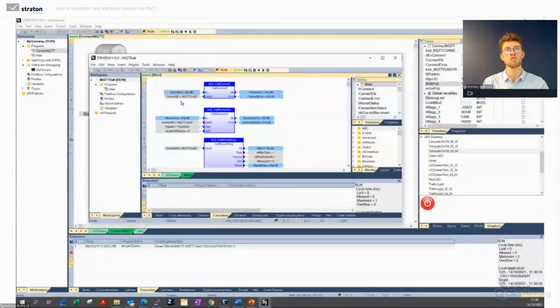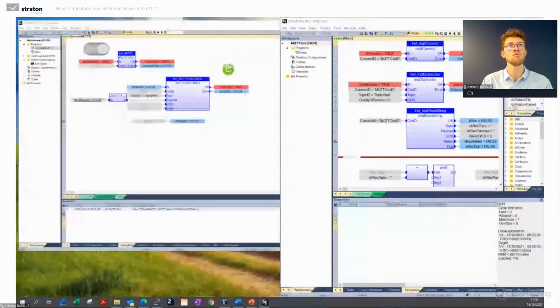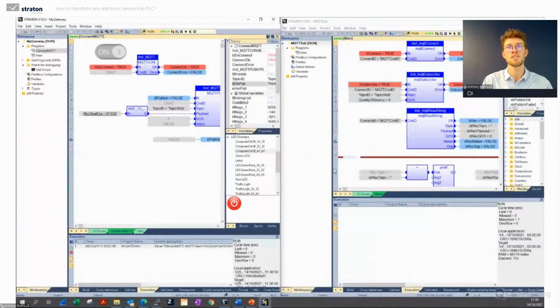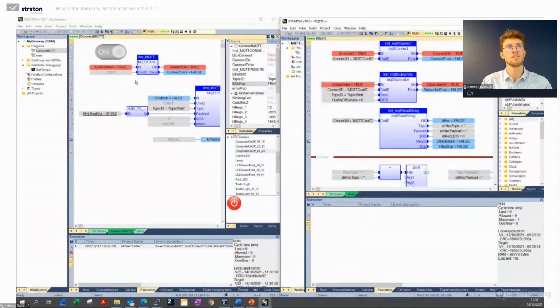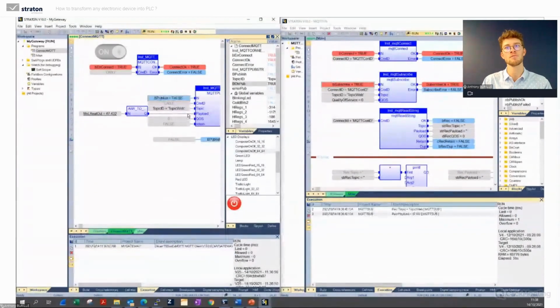I connect to the broker. I subscribe to the topic web. Okay. I will just split my screens in two. Okay, my gateway is here. And normally, here, if I publish the data from my gateway, I will see in the runtime output in the MQTT subscriber, the data I just published. So I just double click on B publish. Okay. And immediately I can see that I subscribe here successfully to the data. So I recover the data from the MQTT broker into my application.